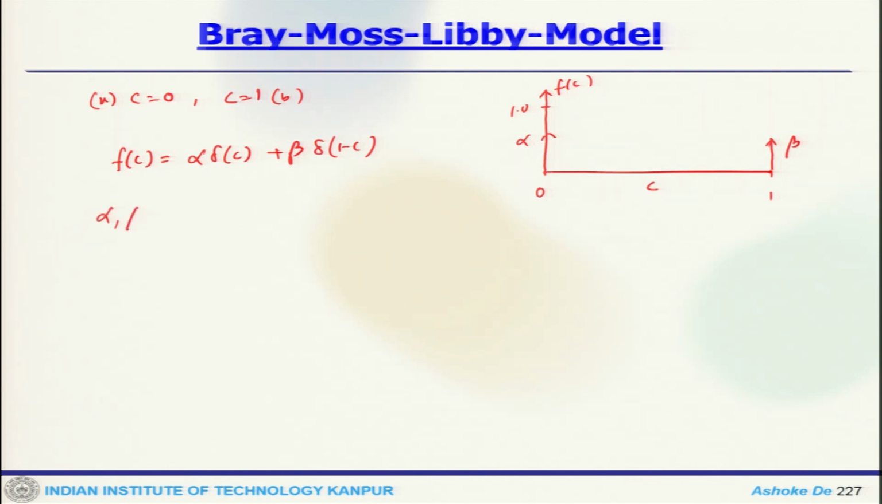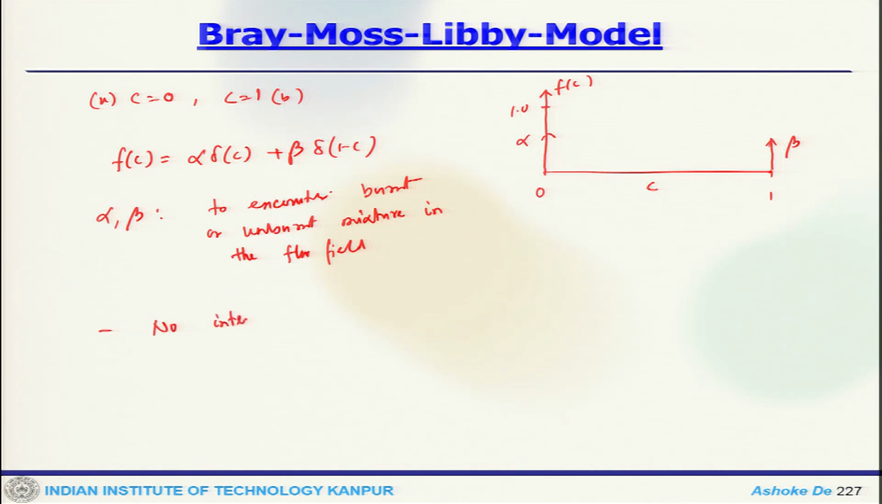So, this alpha and beta, these are the probabilities to encounter burnt or unburned mixture in the flow field. So, there are no intermediate states, which means alpha plus beta would be 1,